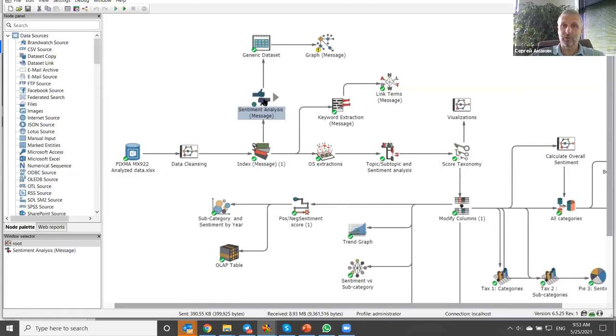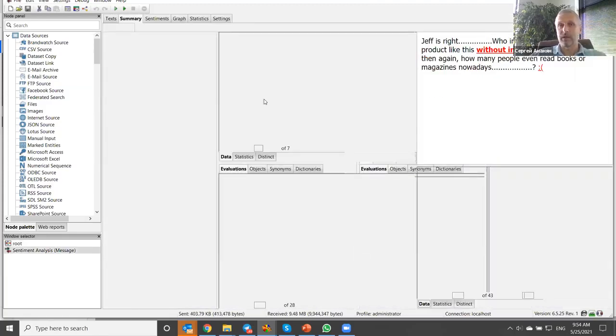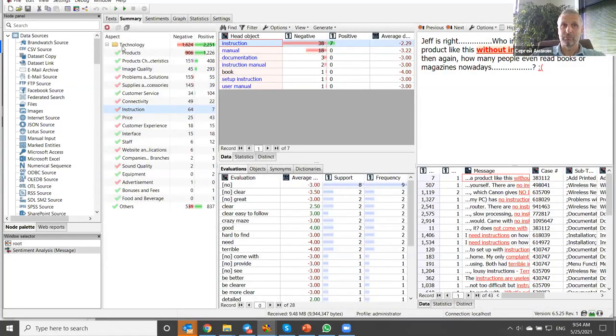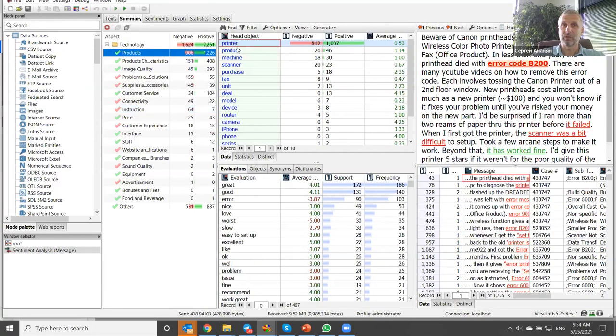On the output, the system shows the following thing that helps me identify what they are talking about. You see, they're talking about products and product characteristics. If they talk about products, for example, you see they're talking about printer, product, machine, scanner.